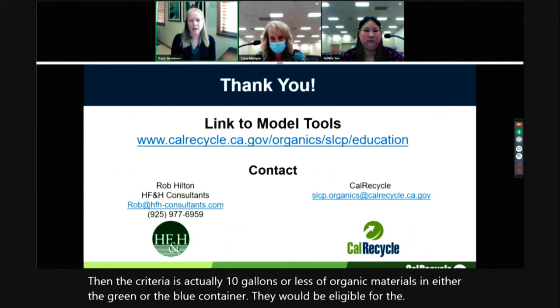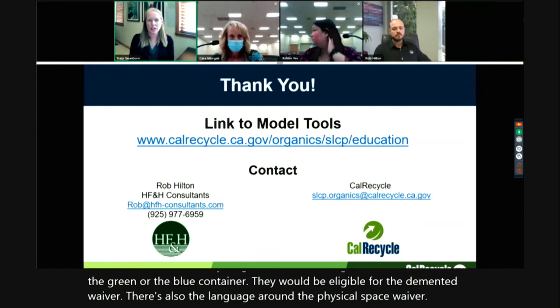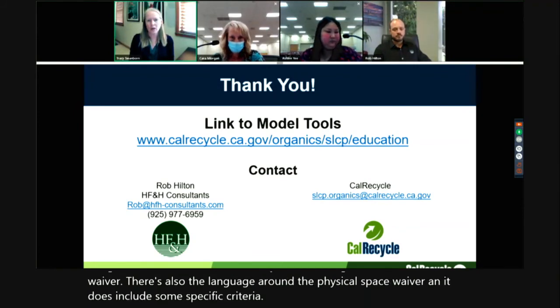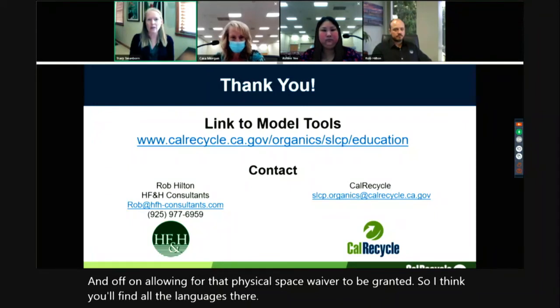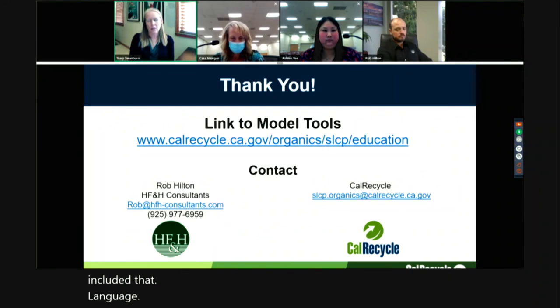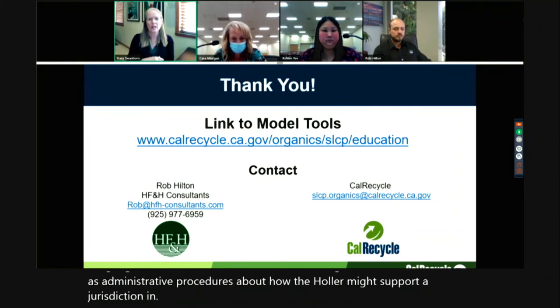There's also the language around the physical space waiver, and it does include some specific criteria on who can sign off on allowing that physical space waiver to be granted. I think you'll find all the language is there in the regulations, and we've included that language also in the model franchise agreement, as well as administrative procedures about how the hauler might support a jurisdiction in managing that waiver process and the re-verification that occurs.